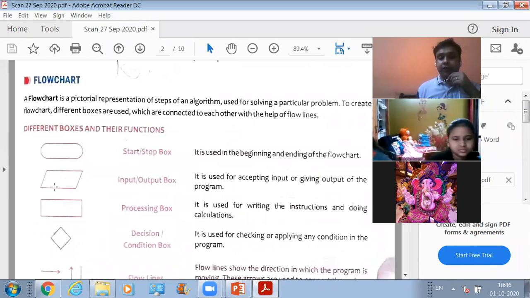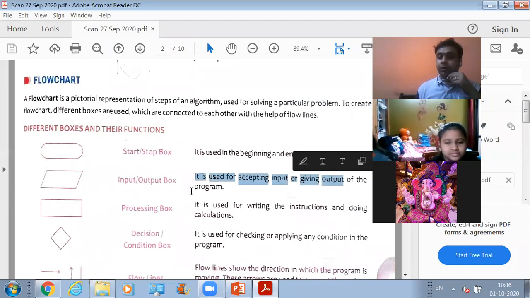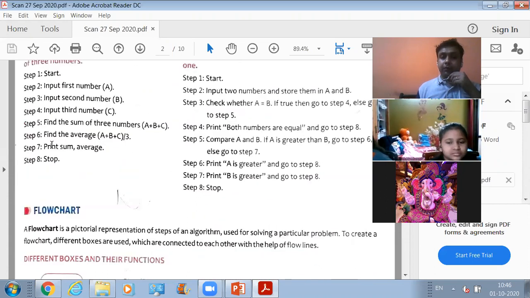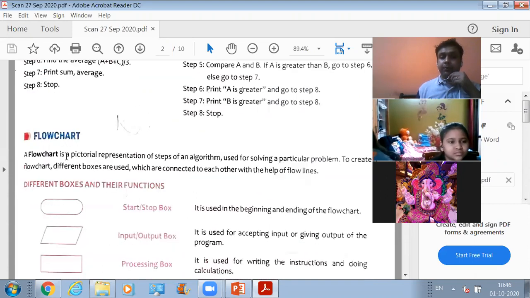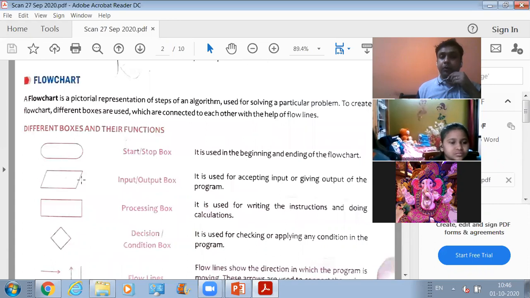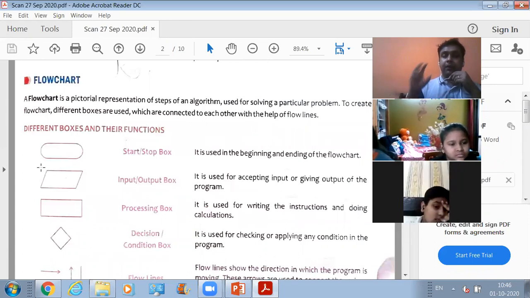Because what is the function of this input output box? It is written over here. It is used for accepting input or giving output. So we will be writing this step 2 inside this input output box when we will be pictographically representing that algorithm in the form of a flowchart.